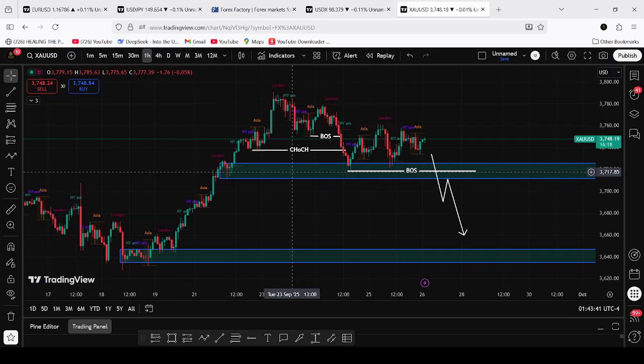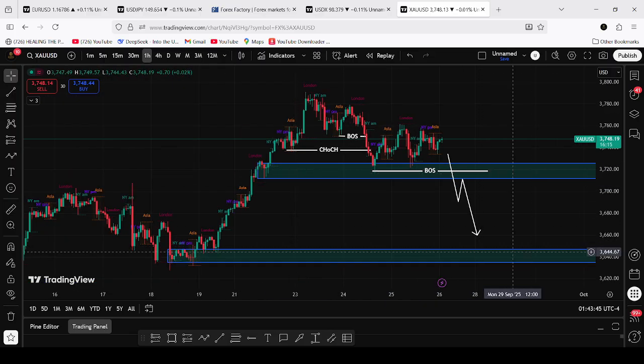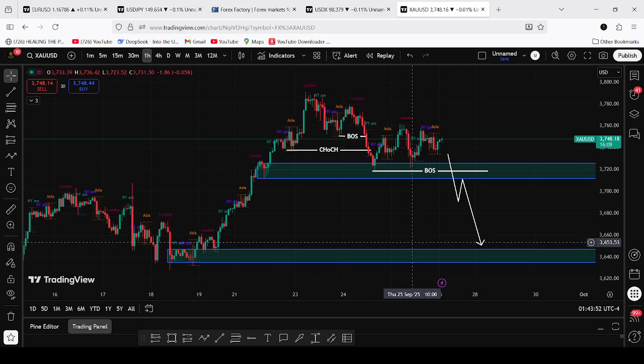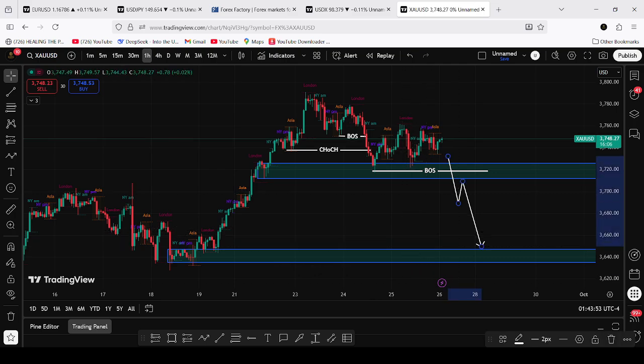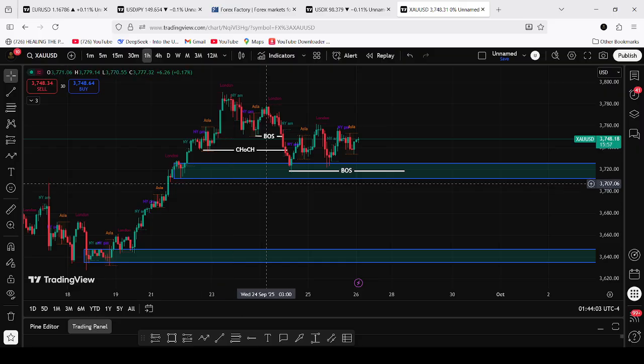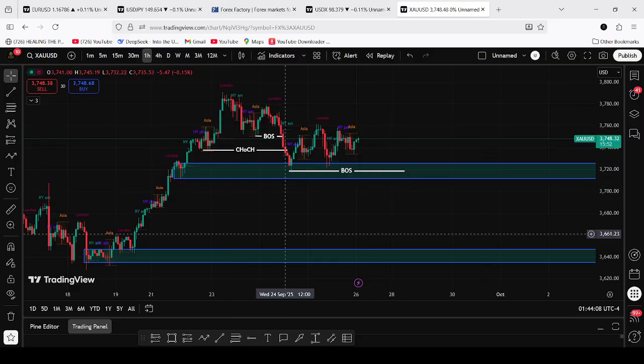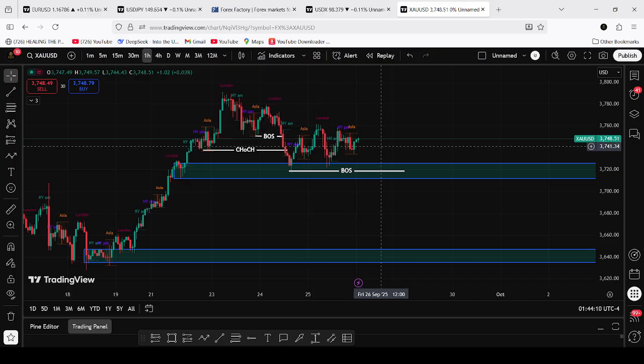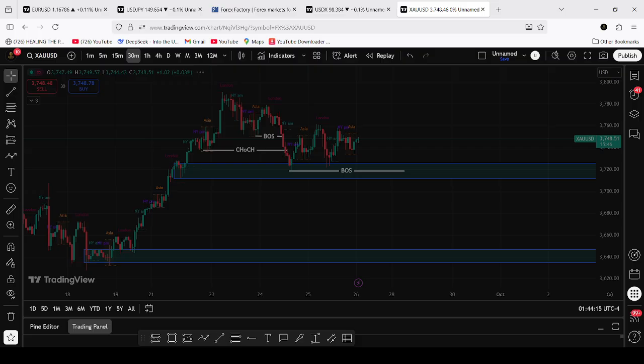And that's how you align yourself. The next zone that you're looking at is this zone here at the bottom. That's the zone that we shall be looking at. Otherwise, gold has already retested this order block, so this order block is not high probability because it has already been tested. What we are looking at now is to align ourselves with today's session so that we can have more opportunities to place buys or sells in the market.